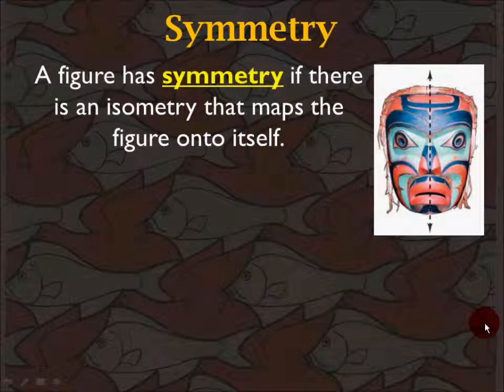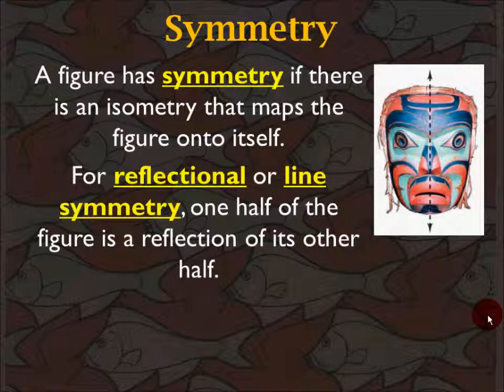Now we're going to explore the idea of symmetry. A figure has symmetry if there is an isometry that maps the figure onto itself. For reflectional or line symmetry, one half of the figure is a reflection of its other half. So what you can do here is, if you look at one half of this mask, it's the same as